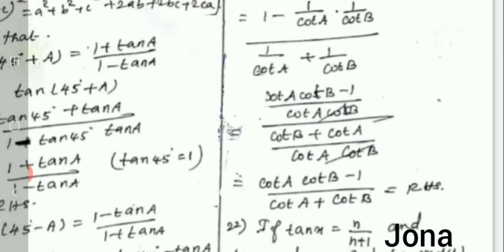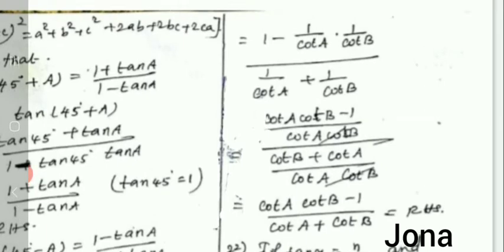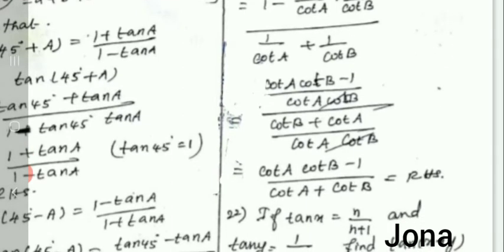At the numerator we can write 1 minus tan A tan B, where tan A can be written as 1 by cot A and tan B as 1 by cot B. Divided by 1 plus tan A tan B, that is 1 plus 1 by cot A into 1 by cot B. Take the LCM for the numerator, so it becomes cot A cot B minus 1 by cot A cot B, divided by, for the denominator also take LCM as cot A cot B, and cross multiply the numerator, it will be cot B plus cot A. Then I can cancel this cot A cot B and this cot A cot B. The remaining thing will be cot A cot B minus 1 by cot A plus cot B.